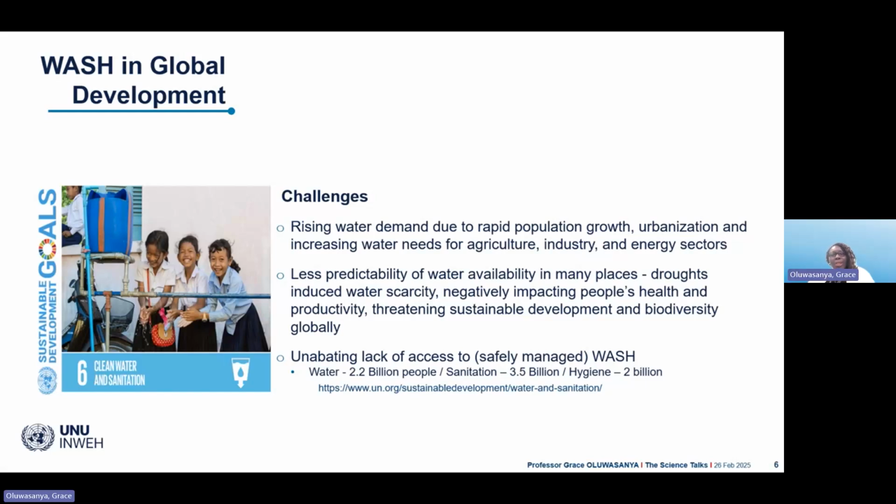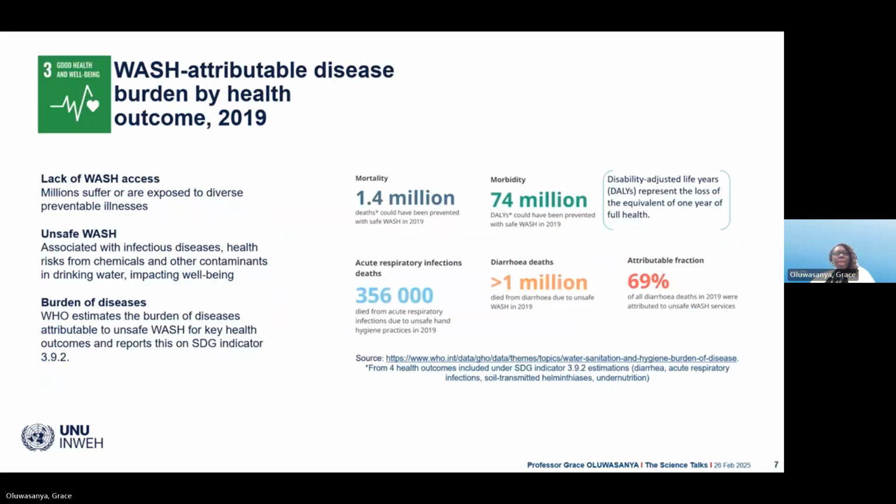Another important challenge is the unabating lack of access to safely managed WASH. And we have this, the JMP produced these statistics, and the statistics even up till now are very staggering. So WASH is attributable to many disease burdens. This is the WHO assessment. The latest one yet is 2019. I believe another one will be out soon. But we can already see how millions suffer